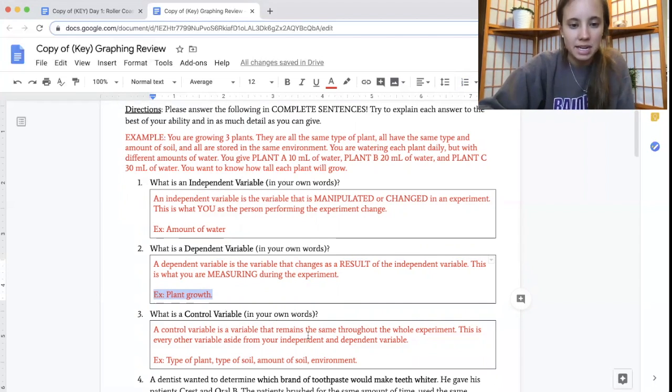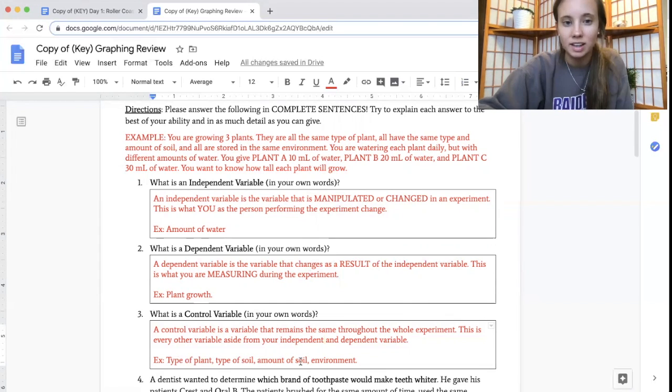And then number 3, the control variable. A control variable is a variable that remains the same throughout the entire experiment. This is every other variable other than your independent variable and your dependent variable. Everything else has to remain the same. I specifically said it in here. So it would be your type of plant, the type of the soil, the amount of the soil,